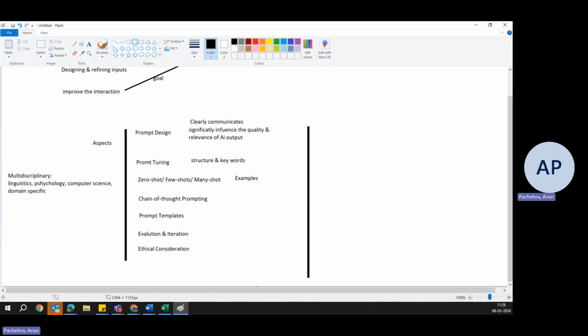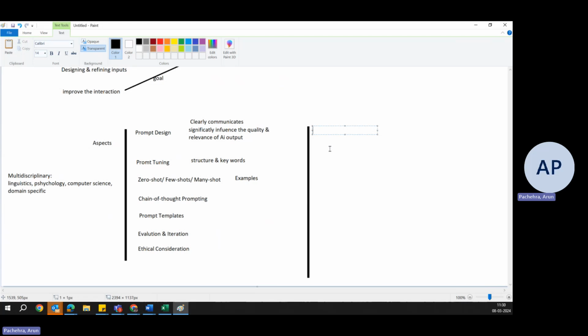Prompt engineering, the practice of meticulously crafting inputs to get the desired outputs from AI models, especially LLMs, has significant benefits and implications for the effectiveness and efficiency of AI interactions. So the very first one is